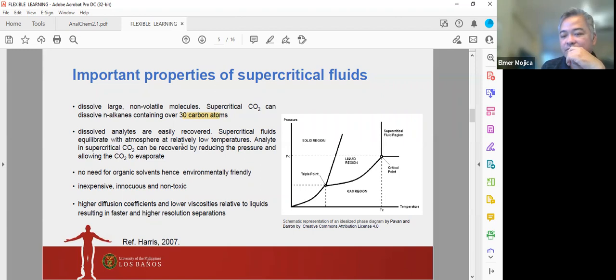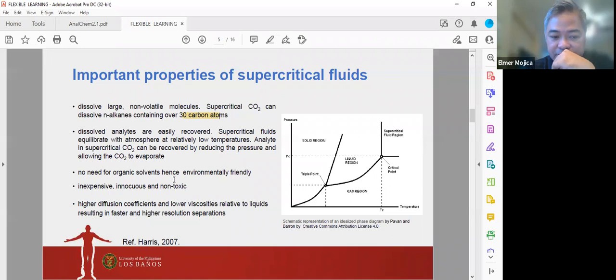So the supercritical fluids equilibrate with the atmosphere at relatively low temperatures. The analyte in your supercritical carbon dioxide can be recovered by reducing the pressure and allowing the carbon dioxide to evaporate. There's no need for organic solvent. Hence, we could say the SFC extractions are environmentally friendly, as the example I gave you. It's inexpensive, innocuous, and non-toxic. So if you have CO2, which is a lot of us around here, okay, we can have a good supercritical